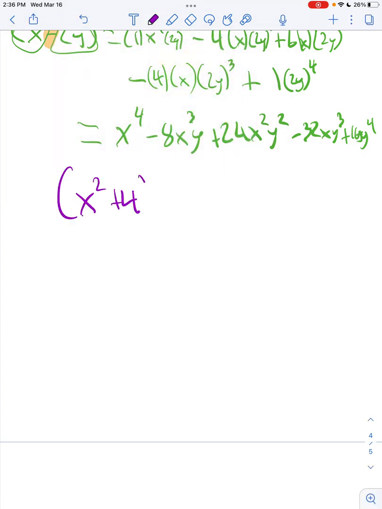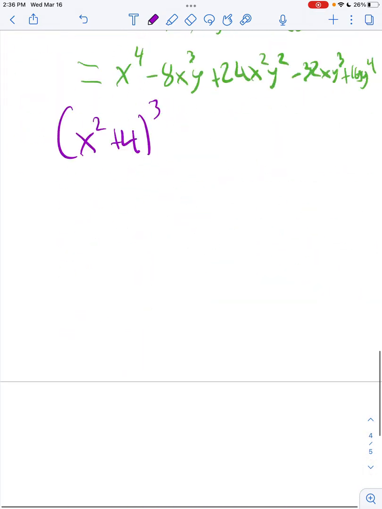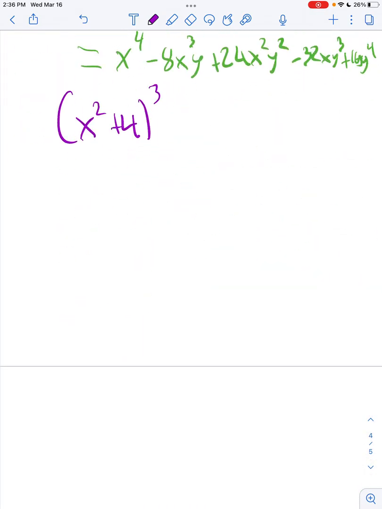Expanding a binomial: write the expansion for the expression x squared plus 4 to the third. So Pascal's third row is 1, 3, 3, 1. You'll start to memorize them once you get the hang of it. 1, my first term is x squared,